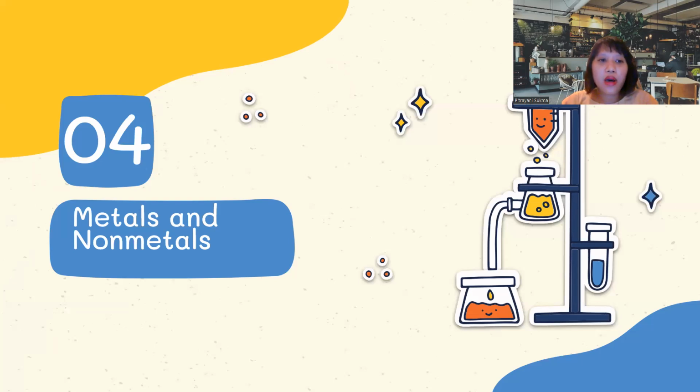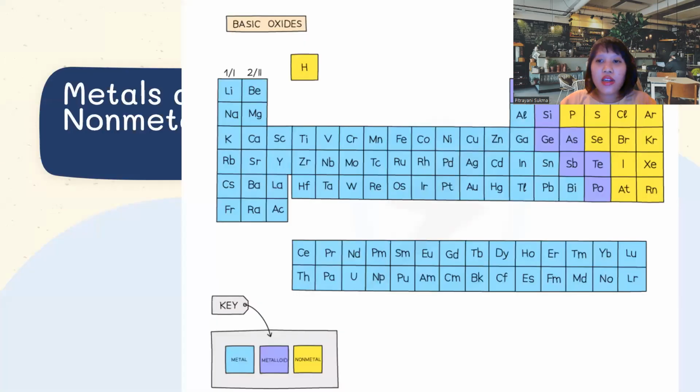And then let's study metals and non-metals. Why do I explain this? Because ionic bonding and covalent bonding are different depending on whether the elements are metals or non-metals. In the periodic table, they are already organized, so we can know which ones are metals and which are non-metals. We can see the left side of the periodic table is mostly metal. As you can see, the blue ones are all metals. And then the right side is all non-metal.